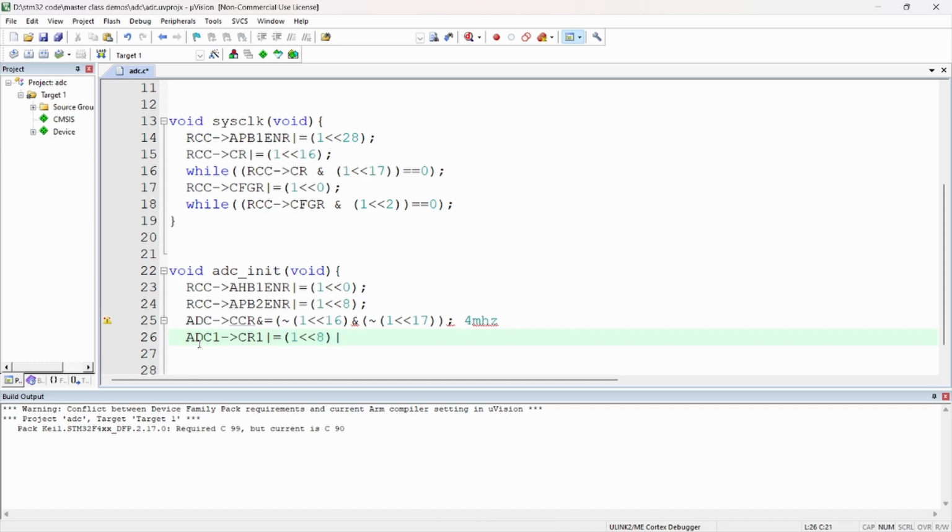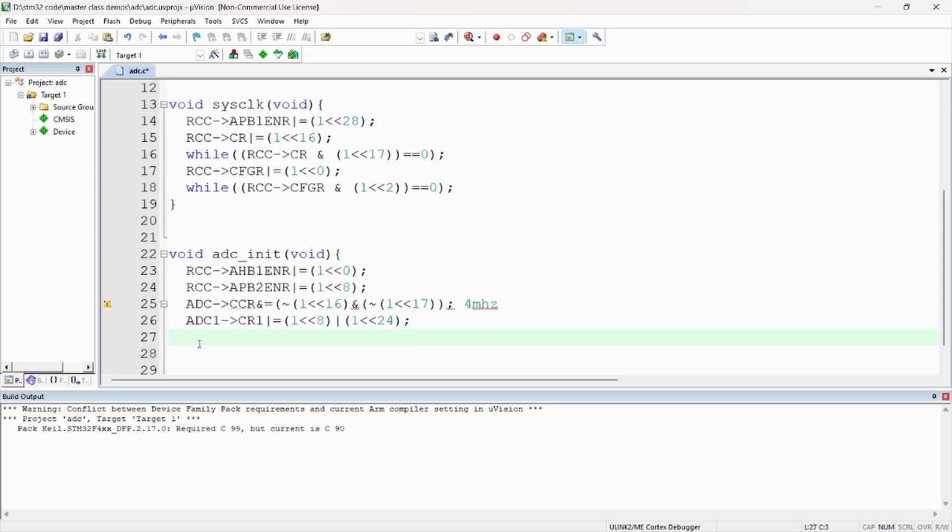Then I will select the resolution. I will left shift the 1 to the 24th bit to select the resolution as 10-bit. Okay. So next thing we have to do is set the EOC and CC, which is